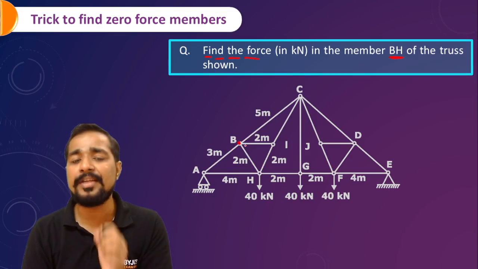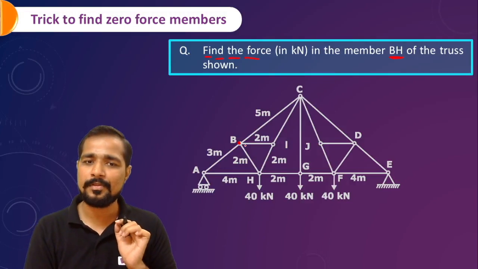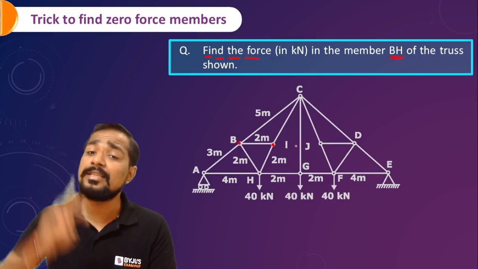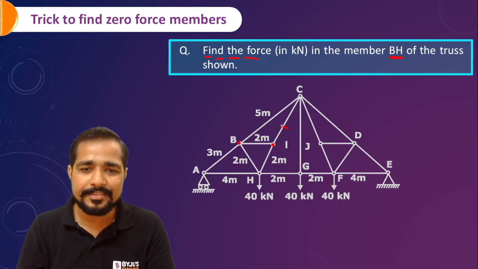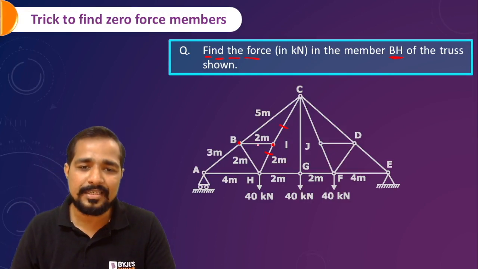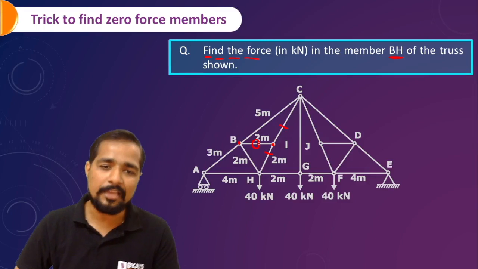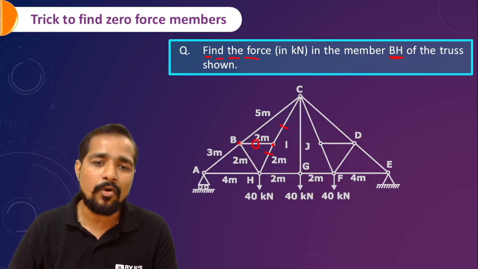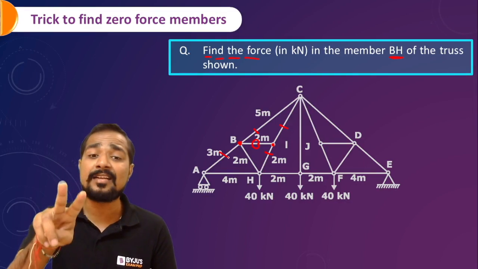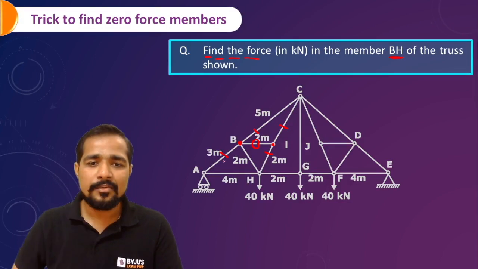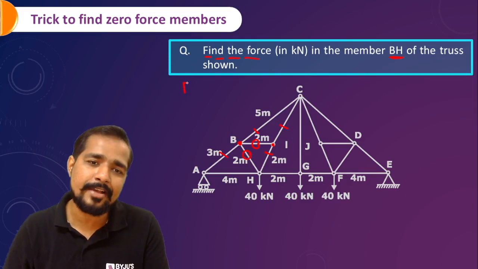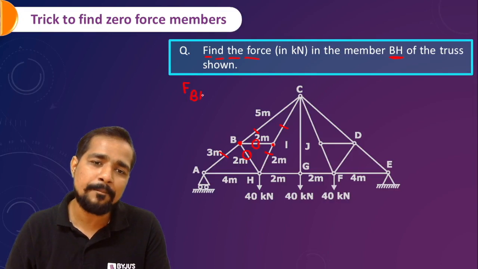But at this B joint, four force members are acting. So if I consider just this joint, then at this joint three force members are acting. One is this, second is this, and these both are collinear, then definitely the third one will be zero. And if I check this particular joint, then this and this will be non-zero, collinear. Then the third, which is not collinear out of three, will be zero. So the force on member BH will be zero.